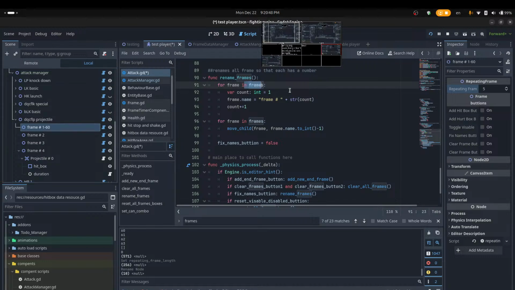Since it's in the frames already, sure. If we repeat the naming multiple times, we rename the same object so many times, at the end,